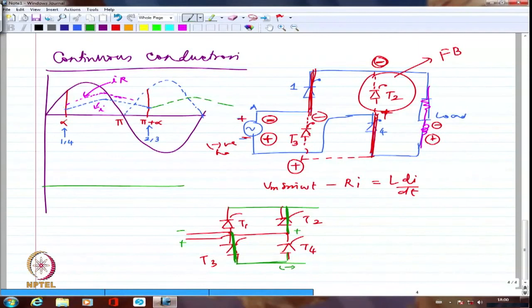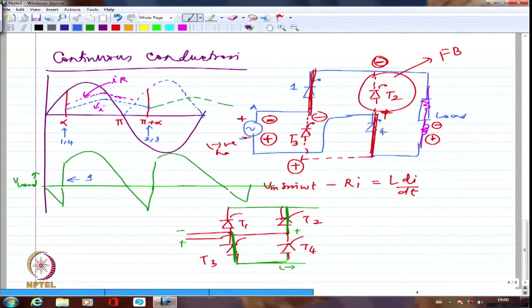If I try to look at the load voltage, I should have from alpha until pi plus alpha, again pi plus alpha to 2 pi plus alpha, and so on and so forth. This is how the load voltage waveform will be. Right? Obviously, I am having 1 and 4 conducting through and through until here, 2 and 3 conducting through and through until here. Right? So, I should be able to write the expression